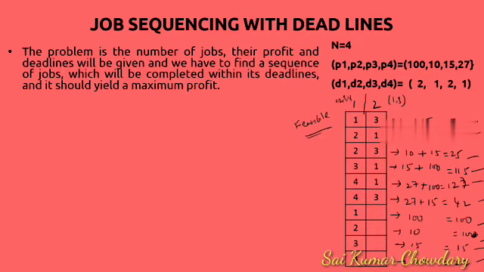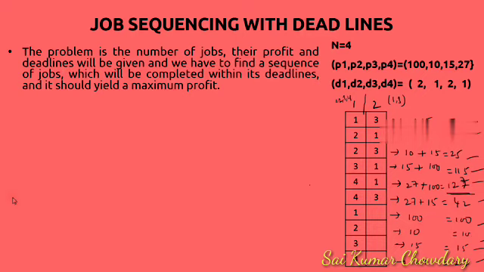Now what can I say is an optimal solution? So here it is a maximization problem, maximum profit you can consider here. So maximum profit is 127. So that is your optimal solution. Now the optimal solution is taking the fourth job, that is the 27 profit job, first hour, and the 100 profit job I'll take in the next, so that I'll get the maximum profit. So this is the concept of how to get the optimal solution theoretically.